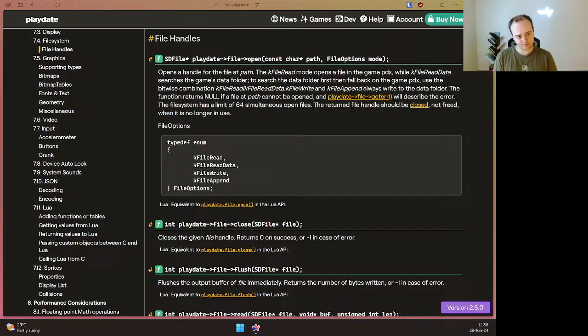Let parser equal game configuration parser. Path. Do I need to specify source? Probably. We'll see. We'll see what happens.